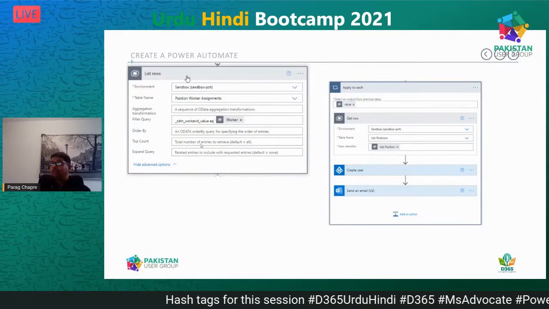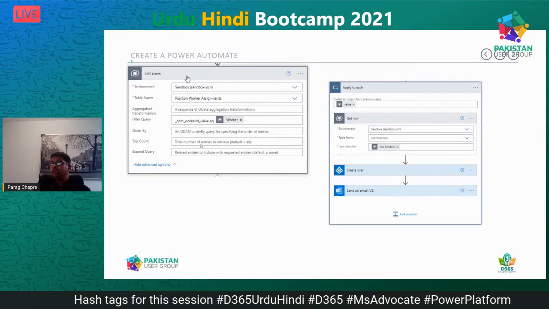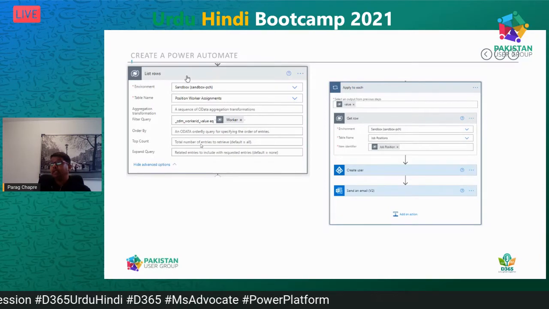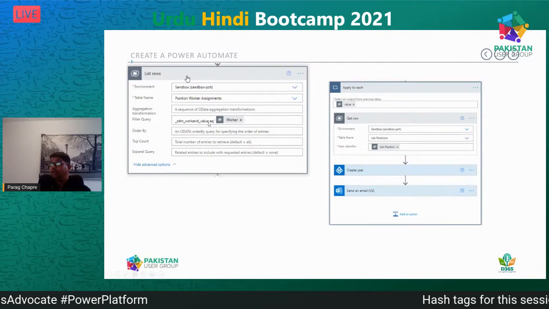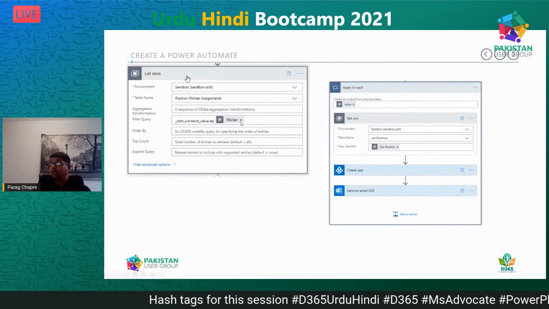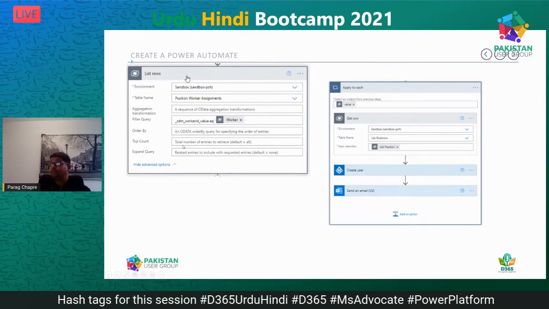The step four is we have to list all the records from position worker assignment based on the worker created in HR. So here in the filter query we are providing a condition like from position worker assignment we should get the record which is created in step one.